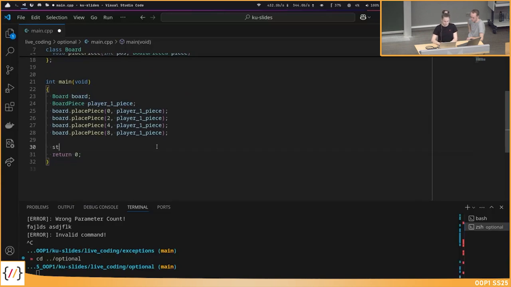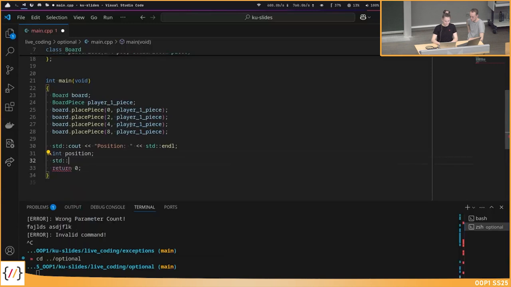What I want to do is we input some position, and I want to somehow give back the piece that is at this position to the user. And because I won't do this whole passing thing now, I'll just do it like this. So not using my solution from before.